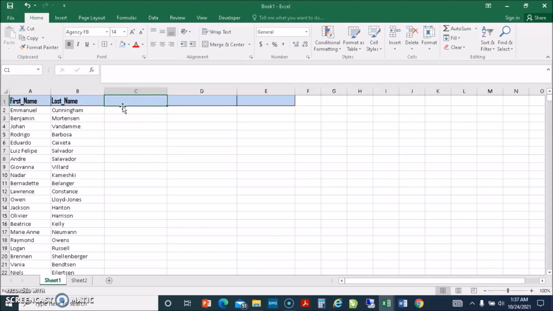So I come here, first I want to do the concatenation. I want to join first name and last name together. So come here, I'll call it full name. Full name like that. Then I come here, just put an equal sign, click on